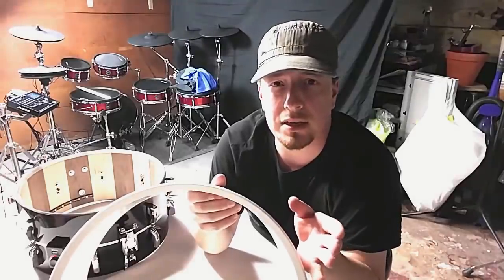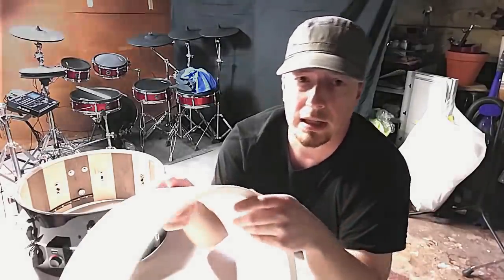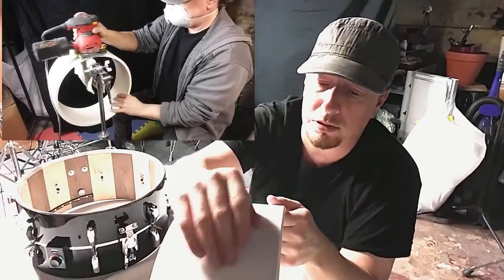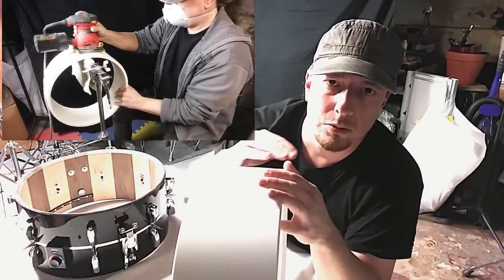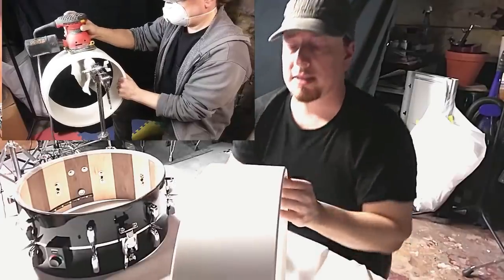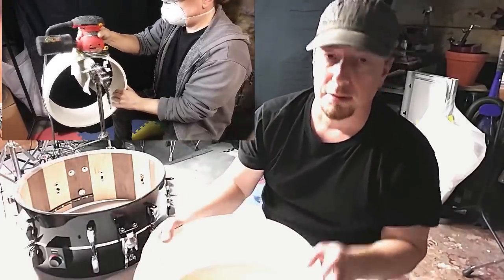So, a couple of things that I've already done off camera. First thing, and I'll insert a little bit of a video, I sanded it down because when I received this, it was just in a box. So the exterior of this PVC shell was all filthy and scratched up and whatnot. Could have used some bubble wrap, Brandon. But I sanded it down. Also, I sanded it down with a pretty aggressive grit. I used 80 grit at first because